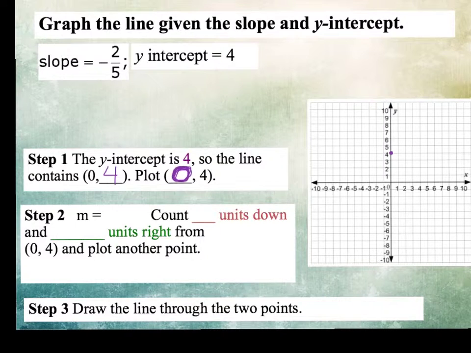Step 2, m equals, well, what is m? Well, if you remember from previous examples, m is the slope. In our case, our slope is -2 over 5. Since that is our slope, we are going to count 2 units down, and we're going to go 5 units to the right. Why are we going to the right and not to the left? And why are we going down instead of up? Think about that for a minute and look back in your notes on slope if you don't know the answer to that question. We're going to count down 2 units and 5 units to the right from point (0, 4),